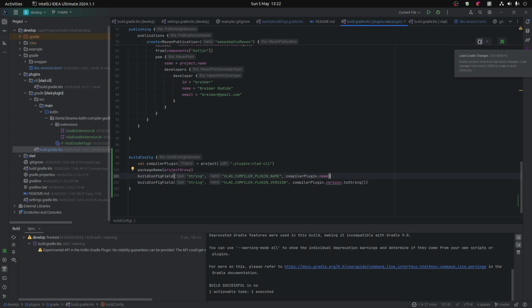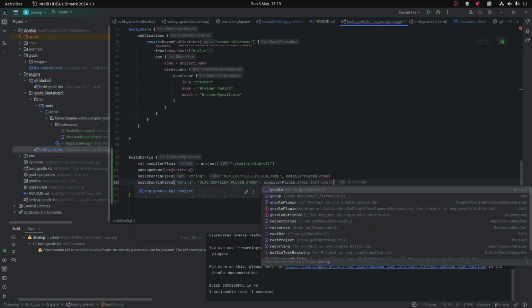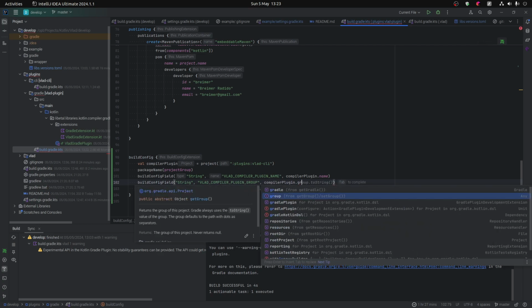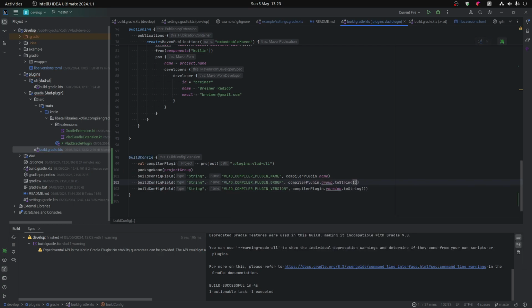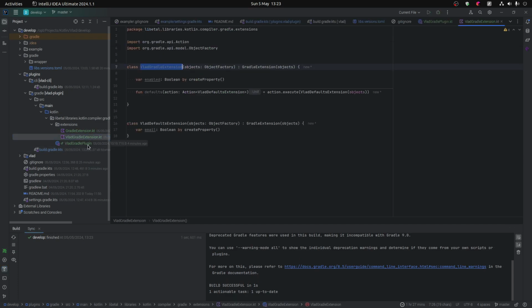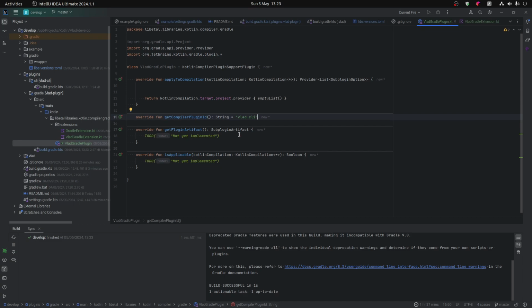Do we need the group? Whenever the compiler plugin runs, it's going to add this as a dependency by itself, and so for it to be able to add it as a dependency, we need the plugin name, the group, and the version. Okay, so I think if we just reload the project, theoretically we should have our build config inside here,